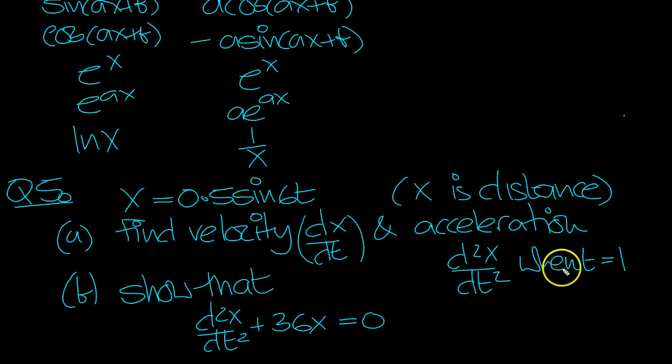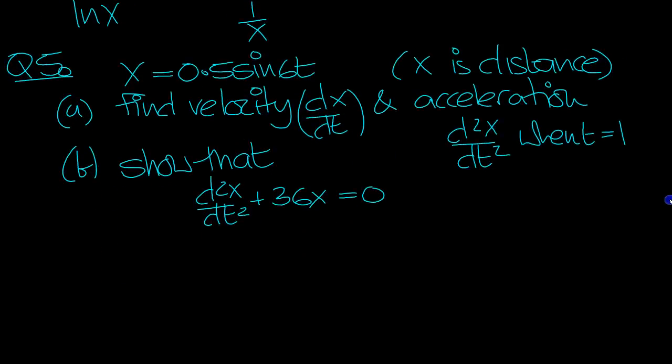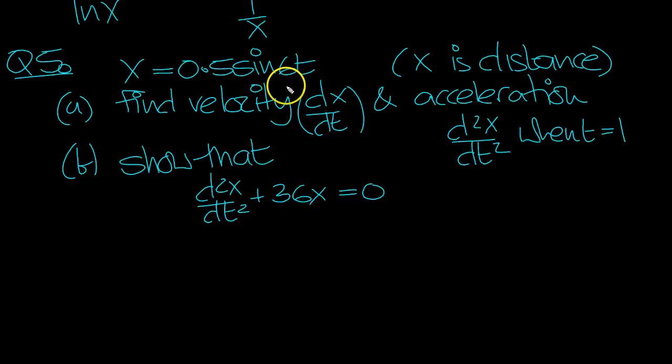We're asked to find those values when t is 1. And we're also asked to show that this holds for all values of t in general. Right, so that's the question then. It's just differentiating sine at in the first instance. So part A,